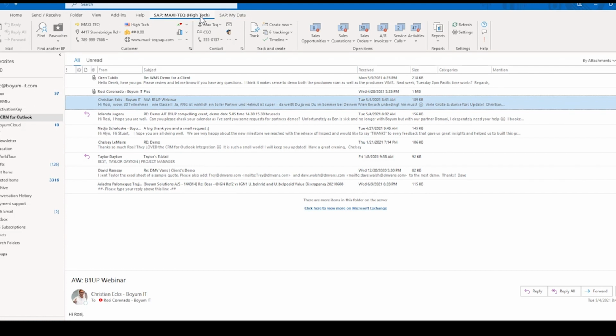As I said, you don't need to be in SAP Business One as long as the server is running somewhere in the world and you have the Outlook client. And yes, you do need some sort of SAP Business One license also. Okay? So that was our CRM for Outlook. Again, if you need more information, please let your partner know. We'll be more than happy to set up a